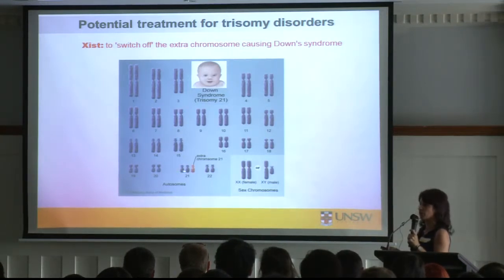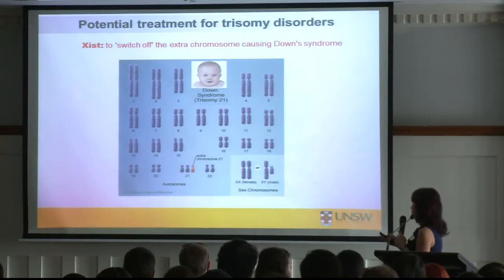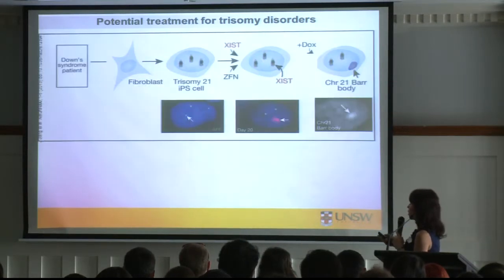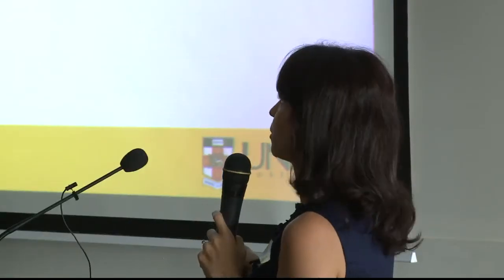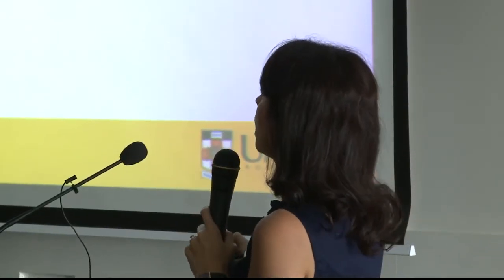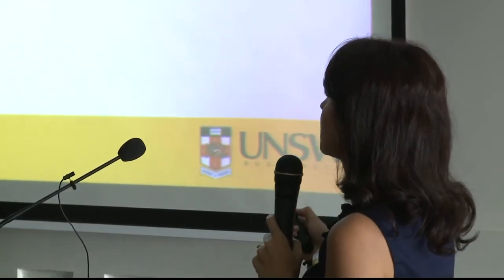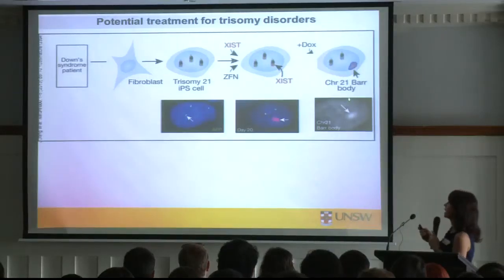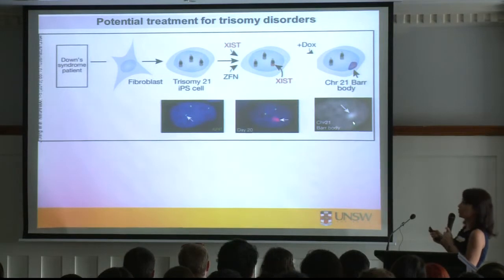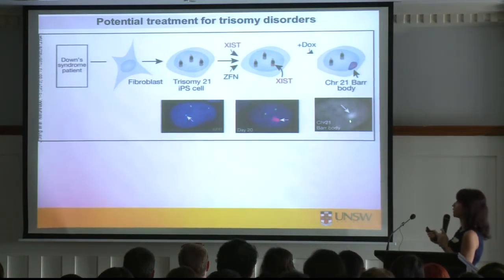This is an extra copy of chromosome 21. This has been performed on cells derived from a patient with trisomy 21, and XIST has been inserted into these cells, and they have successfully shown that you can inactivate one of the extra chromosome 21s,